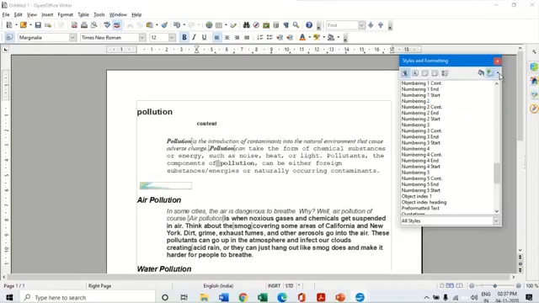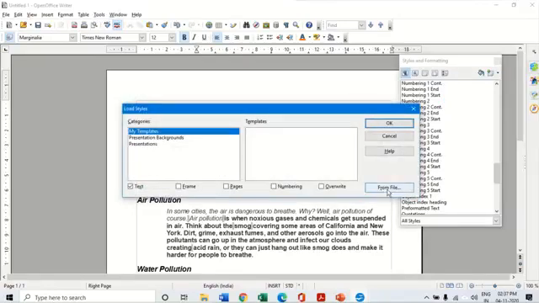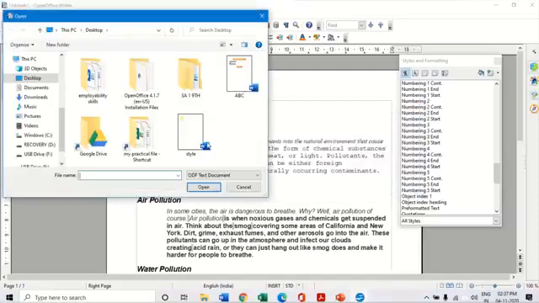Once again, click on this option, click on load styles. It will ask you from where you want to load that style. I say I want it from a file. Now select from the desktop the ABC document.